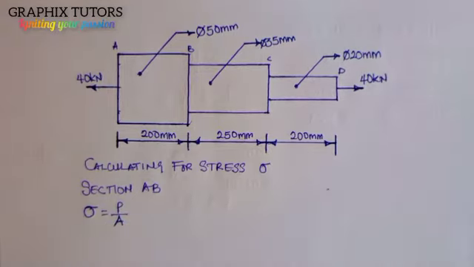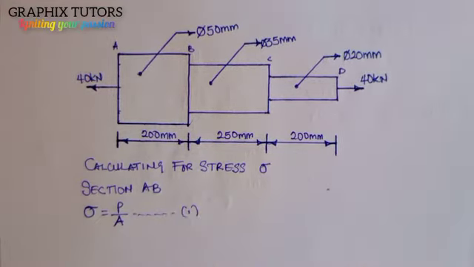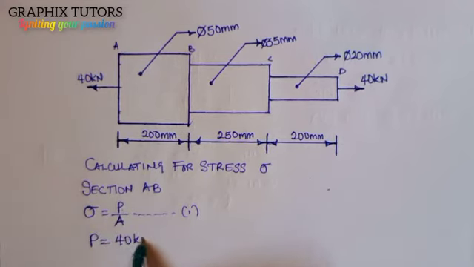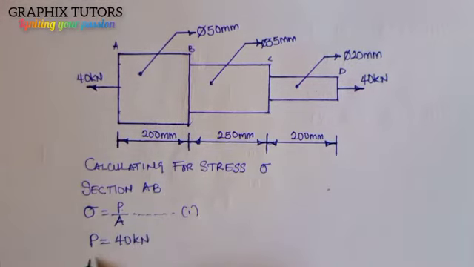Now this is my equation 1. If you look at this, the force is uniform. The force P is equal to 40 kilonewton. Now the length of AB, L, is giving us